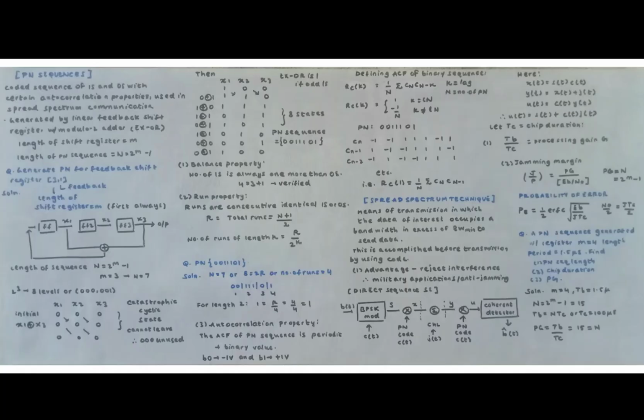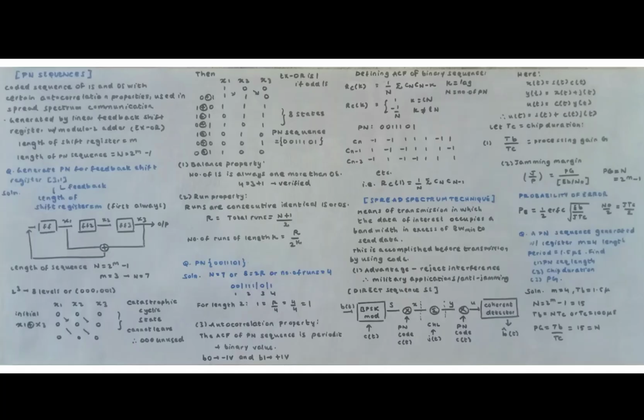So the next topic is spectrum technique. It's a means of transmission in which the data of interest occupies a bandwidth in excess of BW to send data. It is accomplished before transmission by using code. Theory again. So the advantage is that it rejects interferences, which means it's useful in military applications or for anti-jamming purposes. There's a direct sequence spectrum diagram right below,